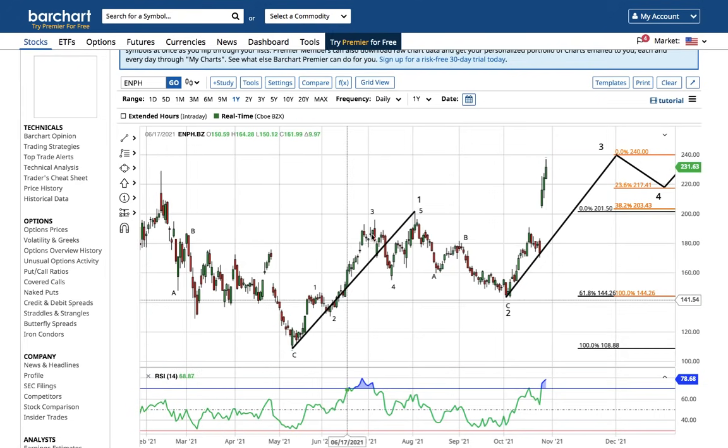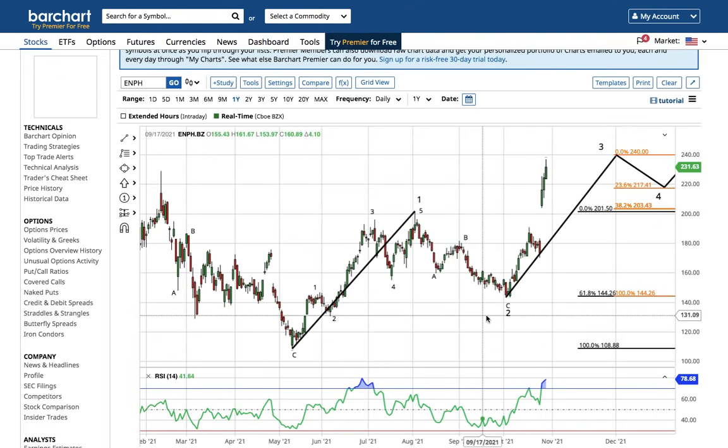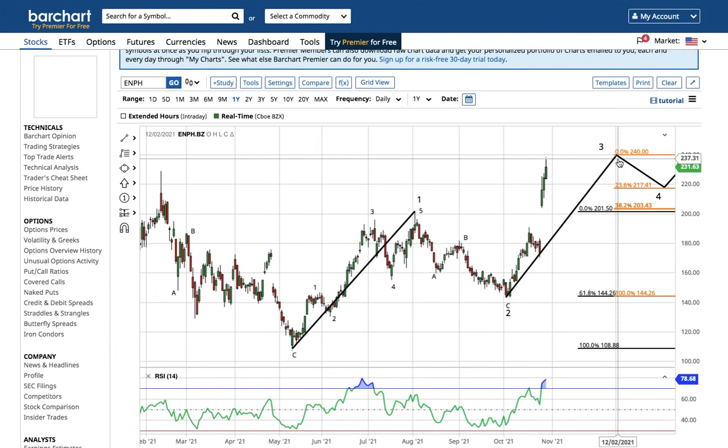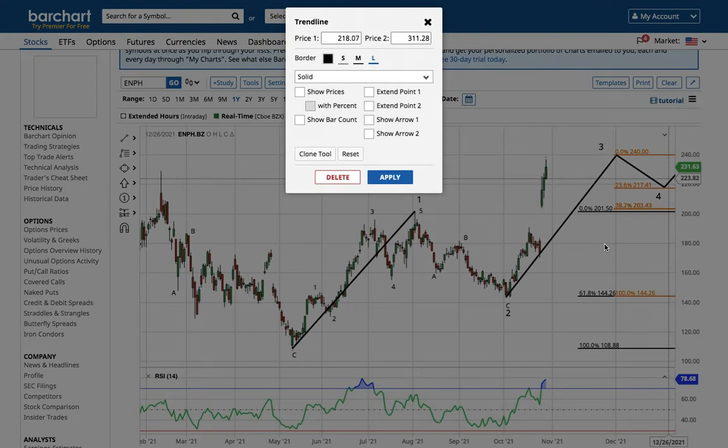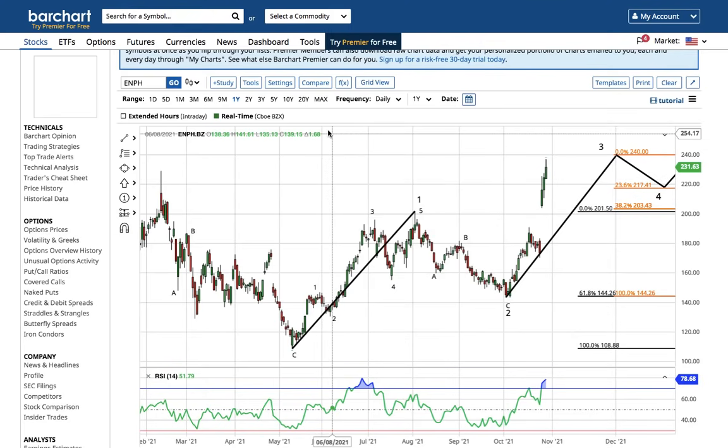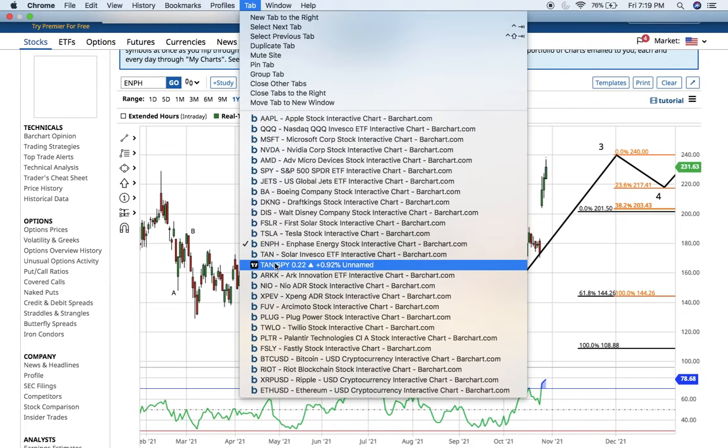This is a 1, 2, 3, 4, 5 wave 1, and this is an ABC correction wave 2. We're past almost the minimum wave 3 target. And that was the conservative wave 3 target of 240. Minimally, you're expecting a shallow wave 4 and a wave 5 higher, and you're going to look silly calling tops in Tesla, clean energy, and the rest of the stock market before Enphase Energy reaches 311. And that lines up with First Solar exploding, Tesla exploding. I mean, and a plethora of clean energy stocks exploding.